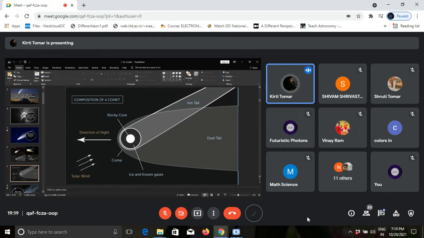comes close to the sun and it sublimates. The coma is created when the ice in the nucleus is warmed by the sun and later vaporizes. So it mixes with the dust particles and frozen ice in the nucleus. The dust tail forms from those dust particles, which are blown back by solar radiation pressure to form a long curving tail that is typically white or yellow in color. And we have two tails, the ion tail and the dust tail.